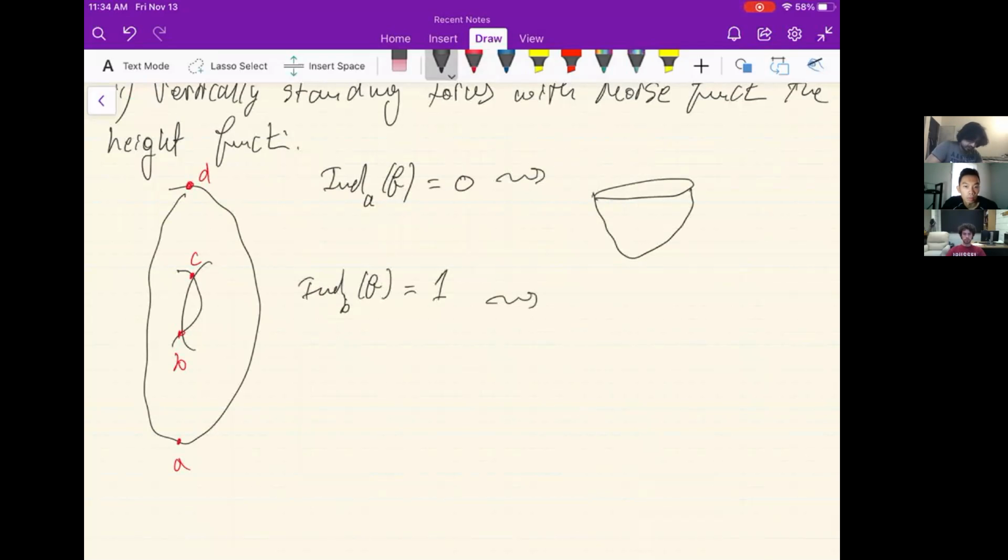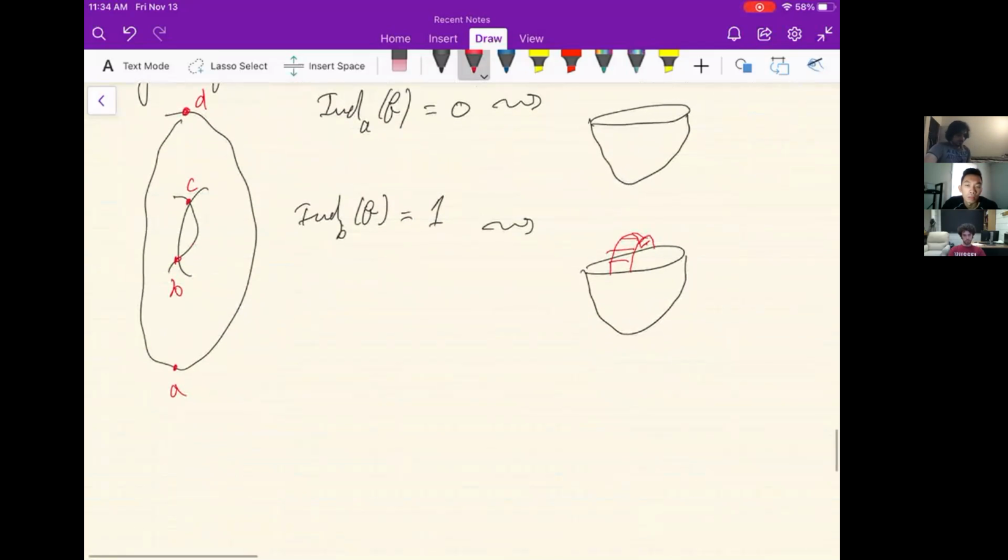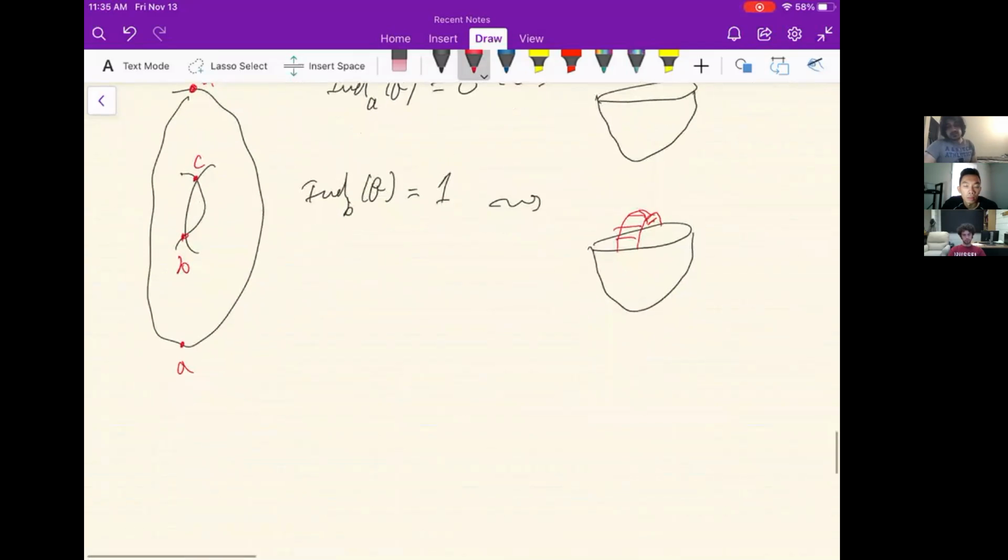So I give myself a belt. Now I can proceed in two ways. I can just follow Morse theory, this algorithm, by adding another handle corresponding to C, or I can just